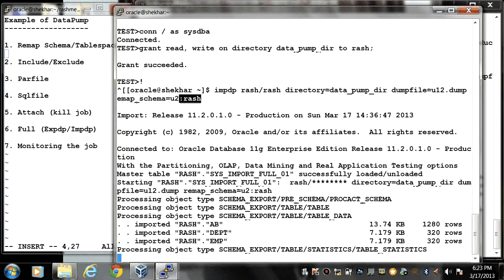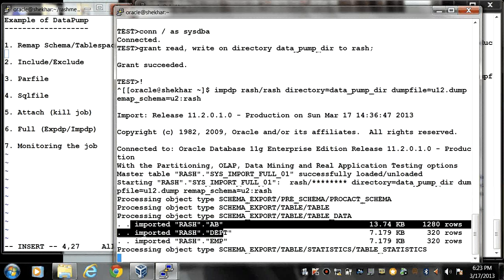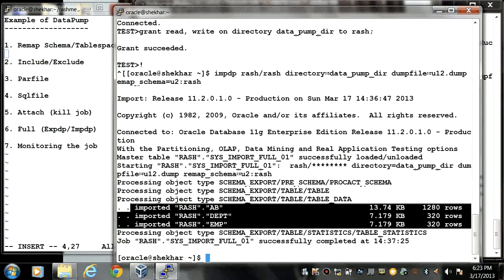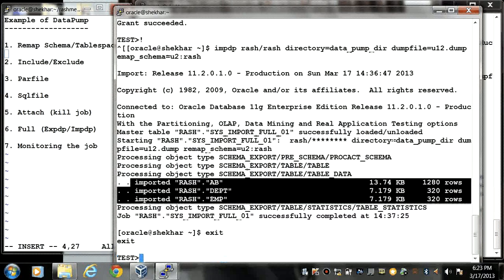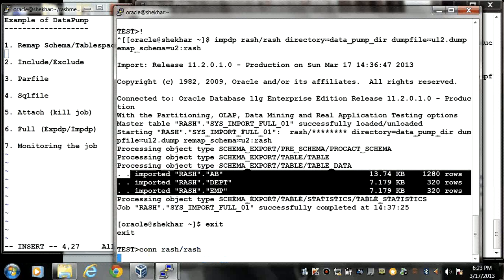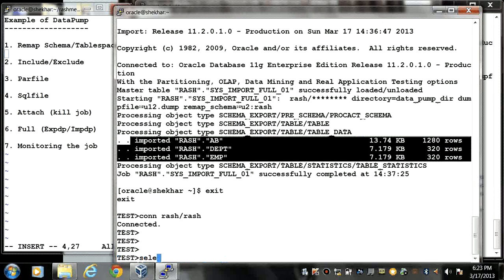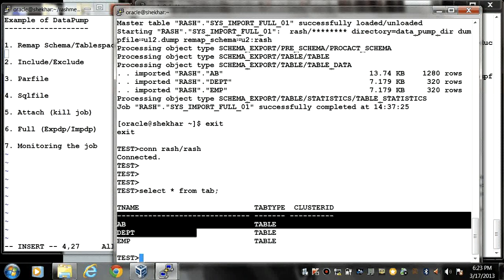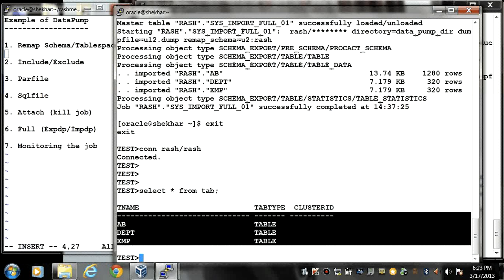Now I can see that all my data has been imported from u2 to the rash user. If you connect with rash, you can see all the objects inside the rash user. Select star from tab. Now I can see all objects are there inside the rash schema. So in this way I can use remap schema.